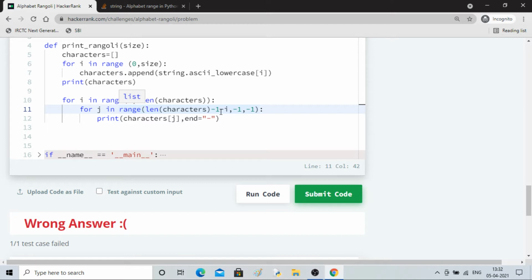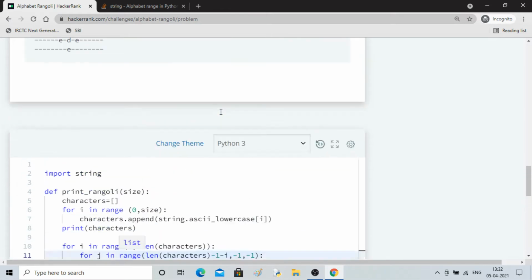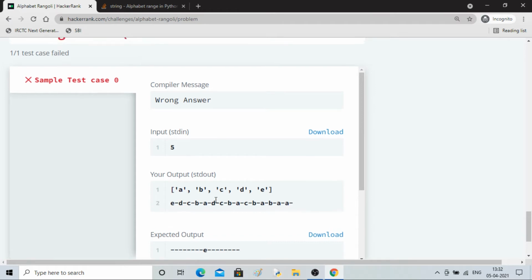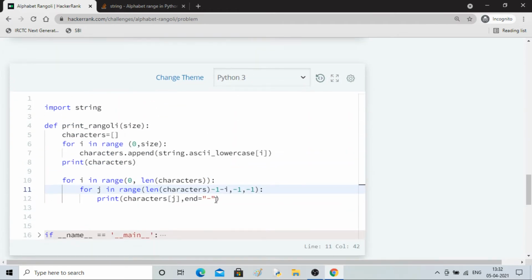So e is starting from e, then it is going till a, then it is starting from e going till a, then it is starting from d actually. Okay, so characters we have to print. So a, e, it will print, if this was the case, it will print e, then d, then a it will go.